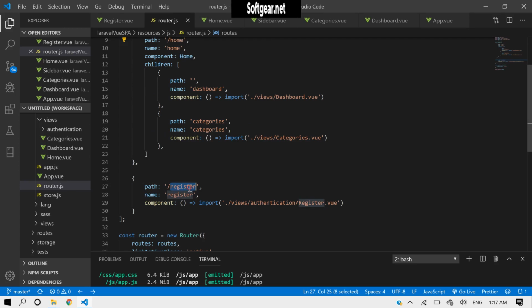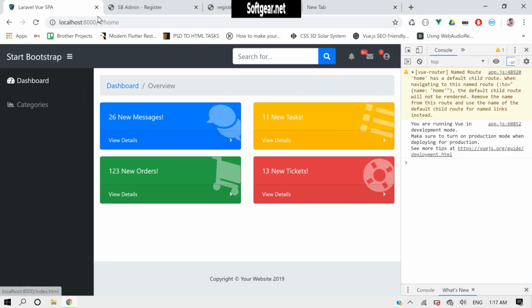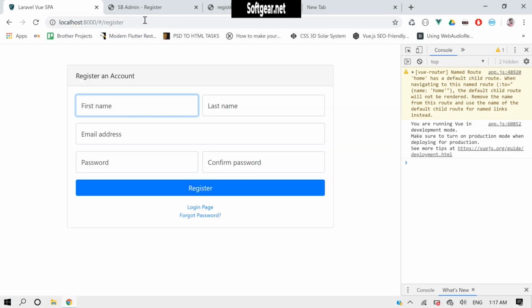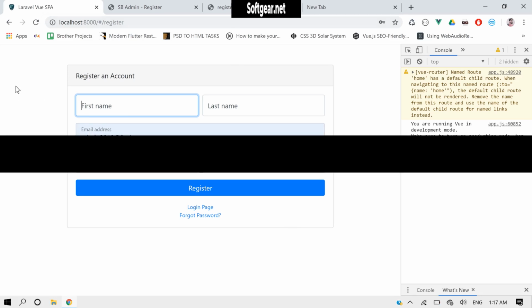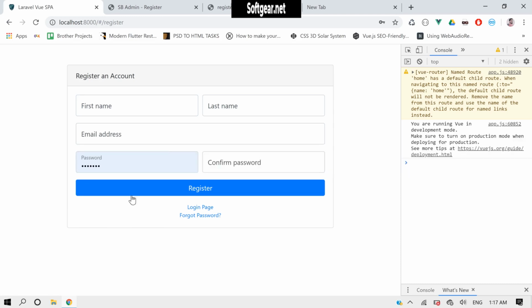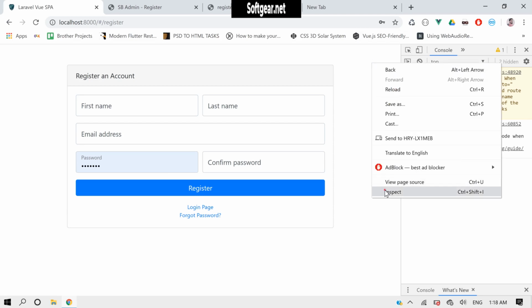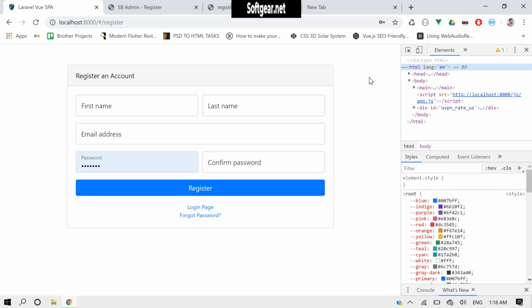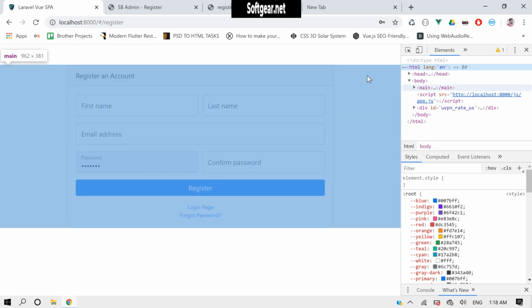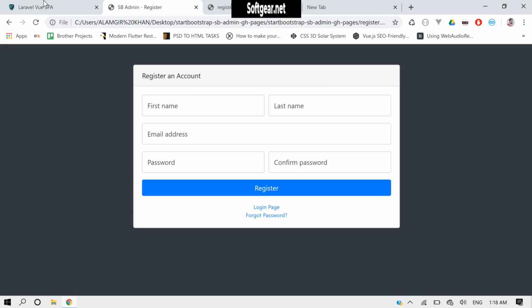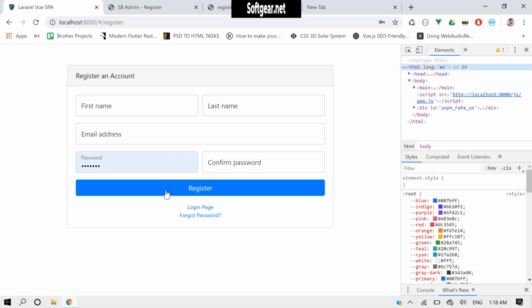Now, if we visit here the register, let's say, yeah, you see the register now doesn't have any header, no sidebar, nothing else. So this looks fine now. Okay, but if you don't like this to be white and you want to give it some color, because you see it's black here. So what we can do, simply